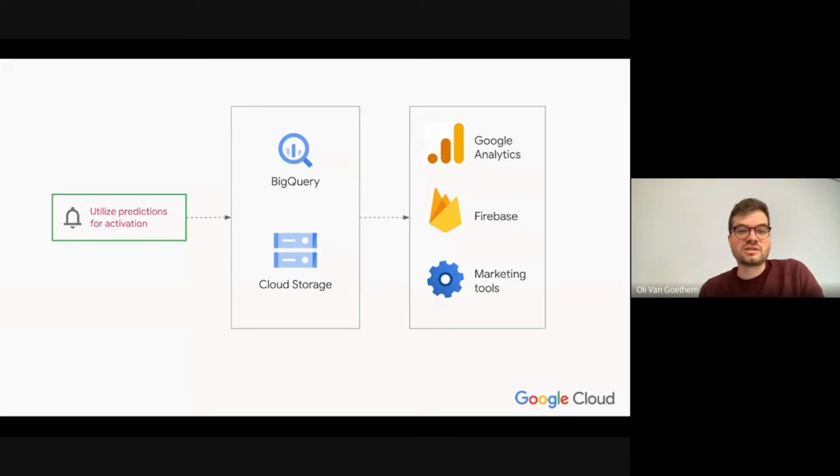The way that you would do this is you would build your machine learning model, and Polong will shortly explain how to do that. You then take those predictions, put them in something like BigQuery, and then push those into your marketing stack, which could be a combination of Google Analytics if you're using that, or Firebase, or any other third-party marketing tools.